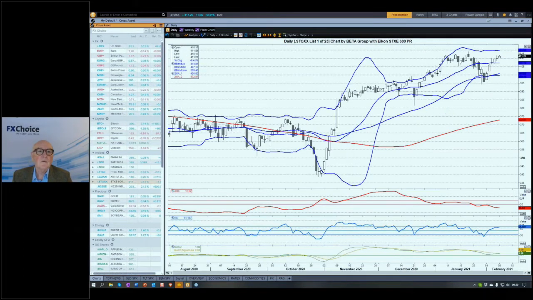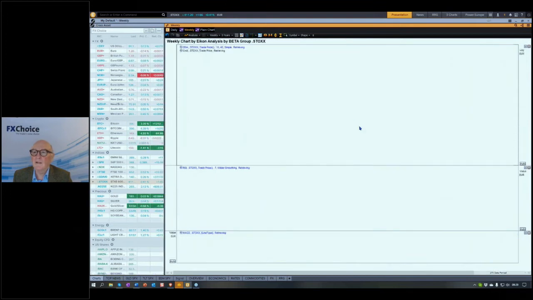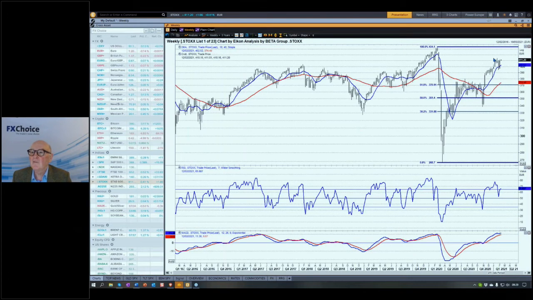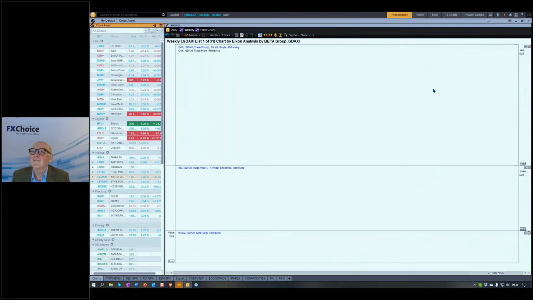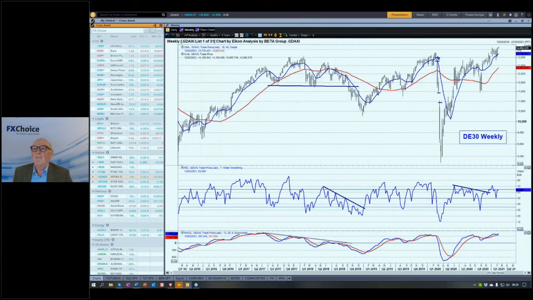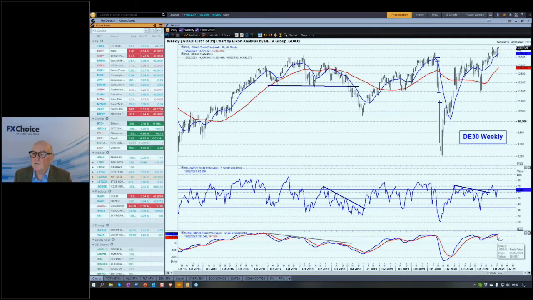Here again, let's have a look at the weekly. We're making a new high, a recent high here, testing this high and pushing. Sorry, that's the stocks. Wrong chart. So we are making a new high here on the weekly, and it's looking onwards and upwards for this one. MACD positive, RSI, of course, is going to be in the top half of its